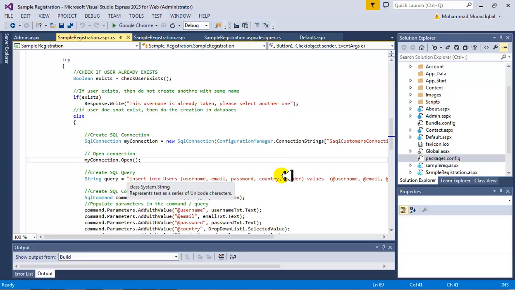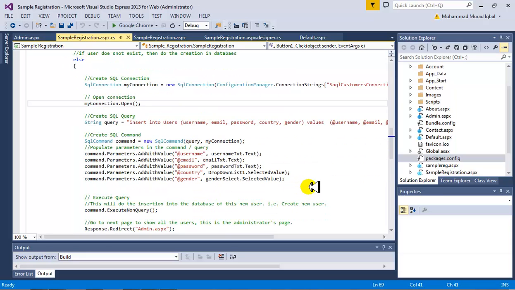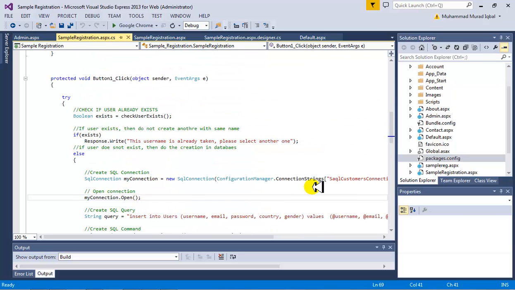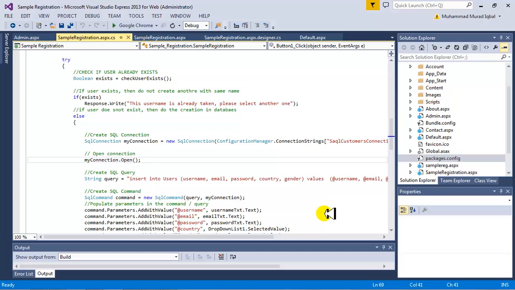Hello and welcome to this C Sharp login tutorial. In the previous videos, we have so far been able to register users in the database. That is, to create new users in the database through a web page. What we're going to do today is to enable the users to log in now through the login page, which